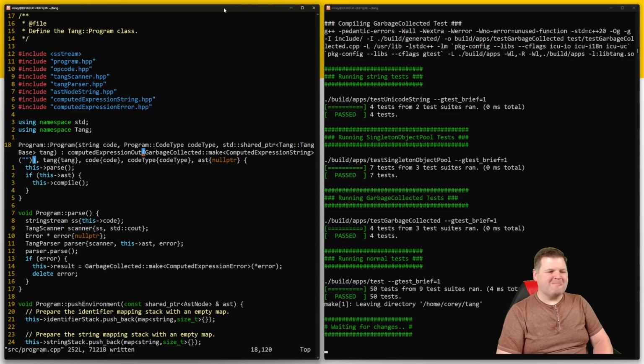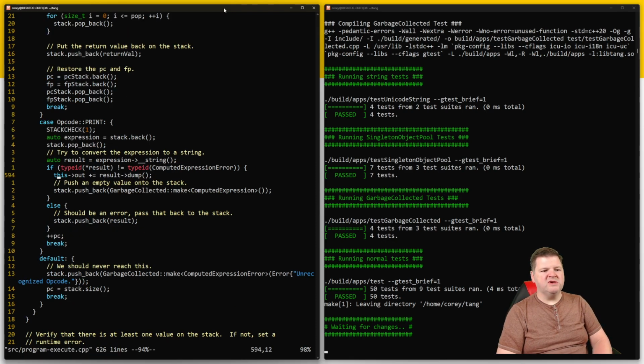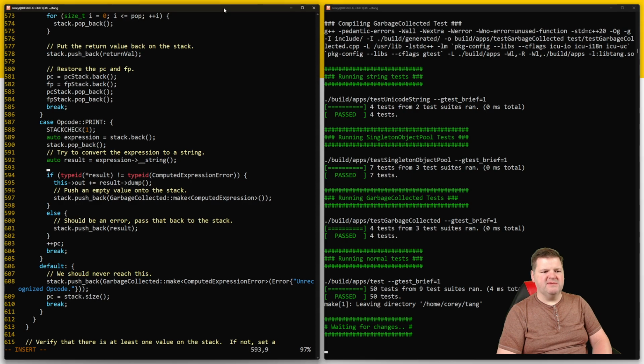All that to say is we're 24 minutes in, and we added a garbage collected value that we're calling computed expression out. Now, for the real work. What we're going to do is I'm going to change this a little bit. If the type ID of star result is equal to the type ID of